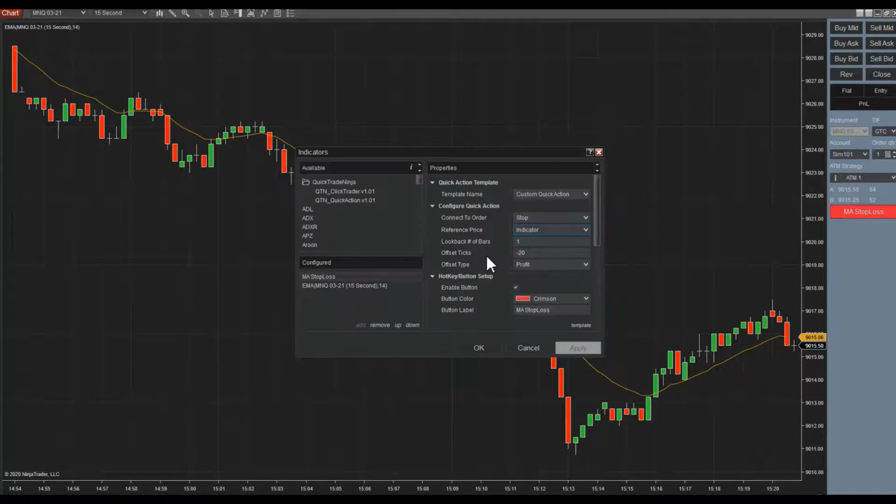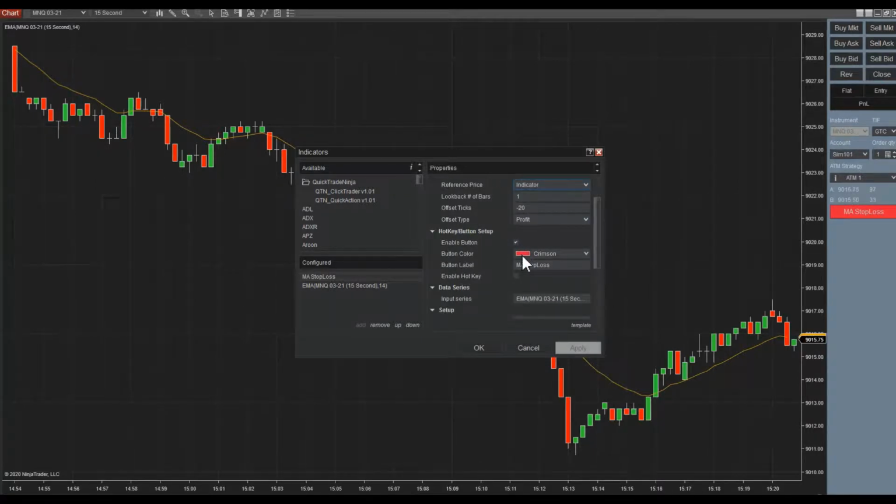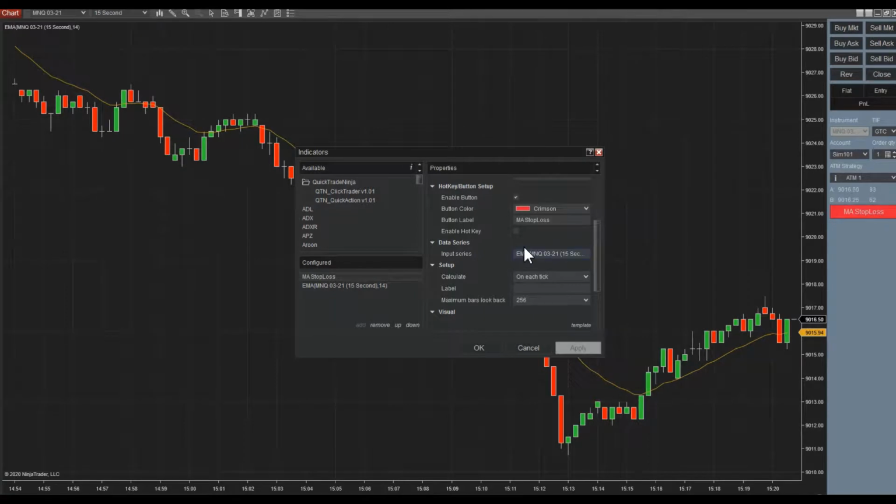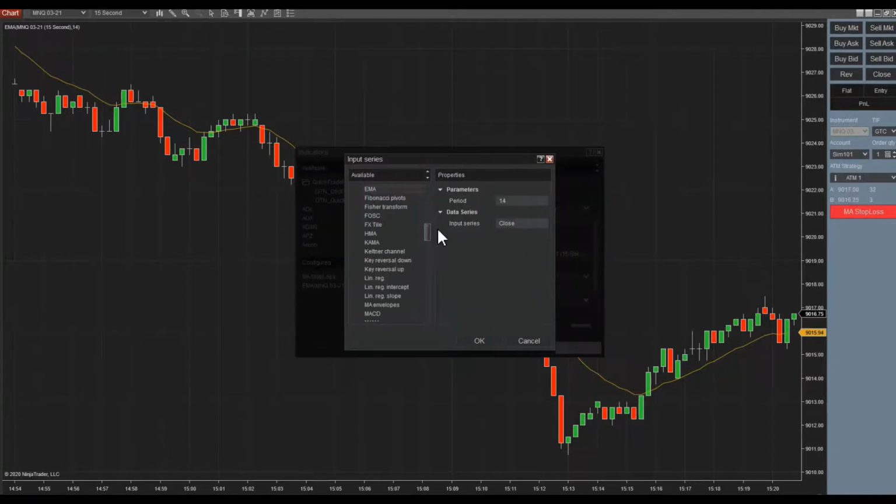Now, obviously I've enabled my button here for the example. I've given it a name and a color. The most important thing is configuring your data series. This is what tells QuickTradeNinja which indicator you want to use. So you go to input series and you click on edit input. This will bring up another window, and in this available tab